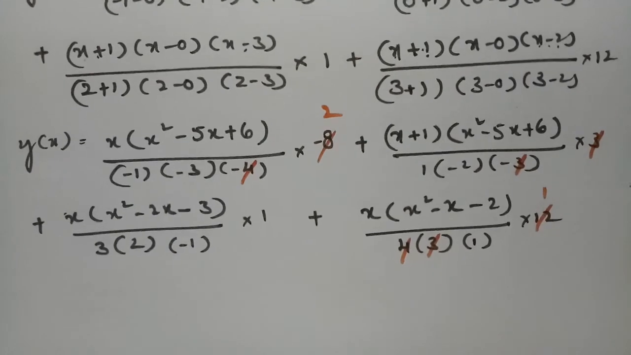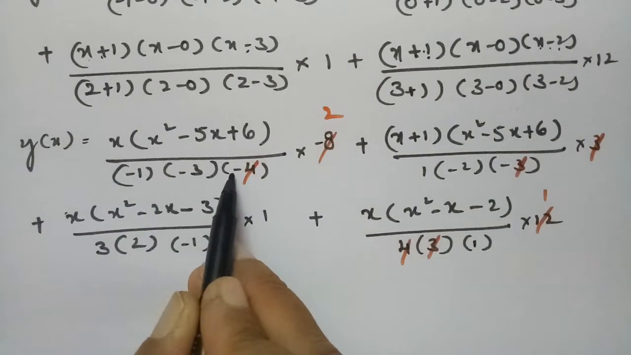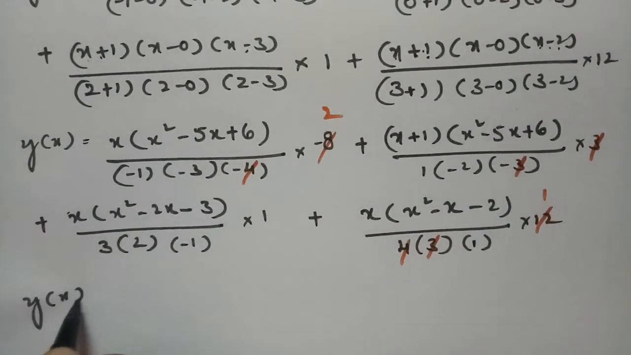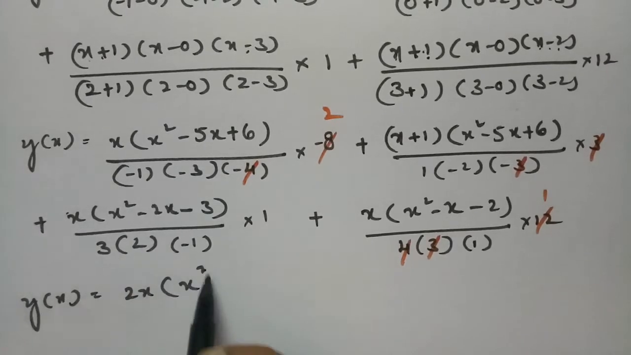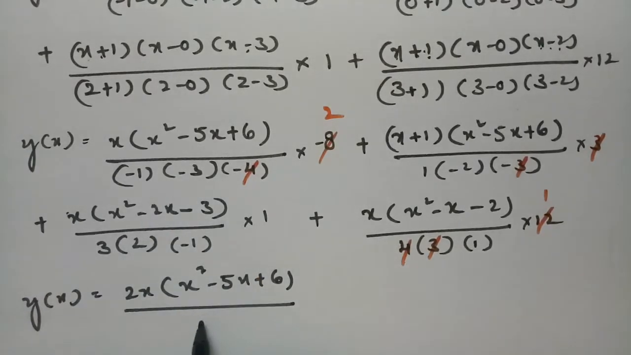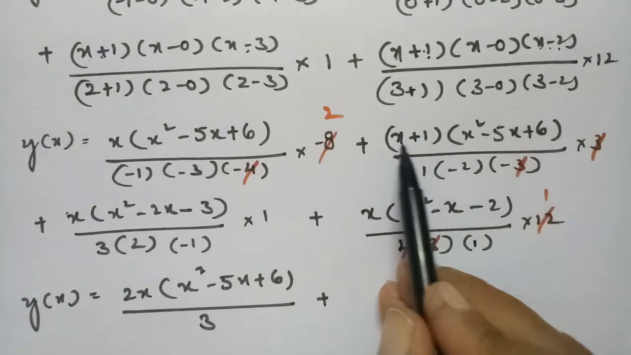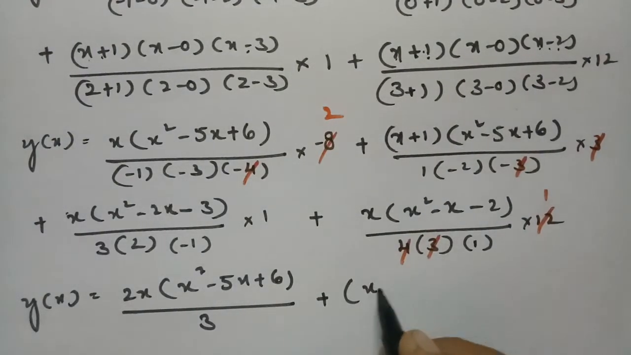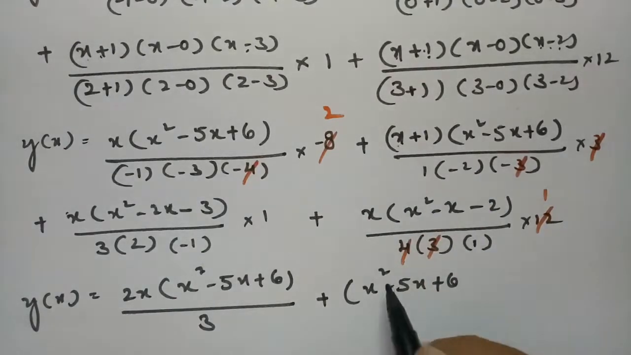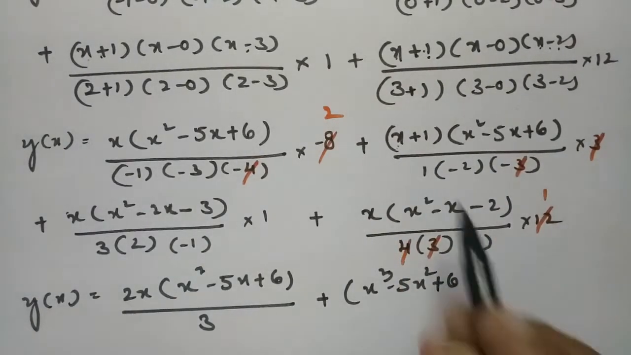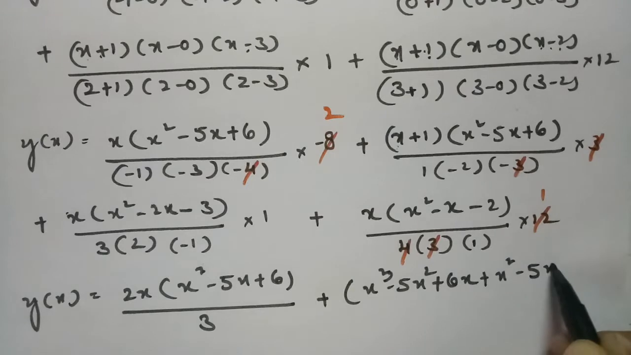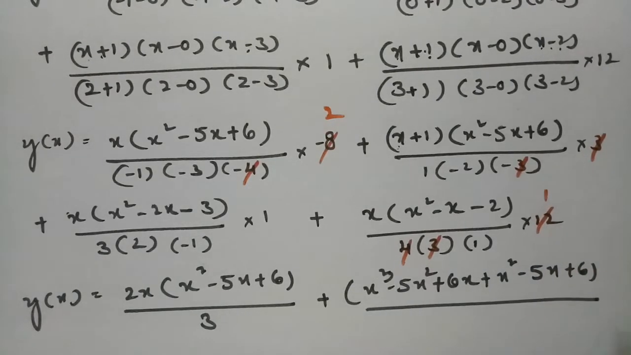See what remains here. There are 3 minus signs here, which is minus, and here also minus, minus by minus is plus, so y of x is equal to 2x times of x square minus 5x plus 6, divided by, the value here is 3. And if I multiply with x, this will be x cube, sorry, this is x cube, this is 5x square plus 6x. If I multiply with 1, this is x square minus 5x plus 6, divided by,